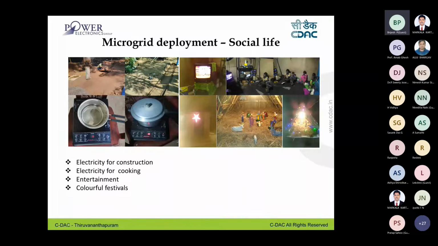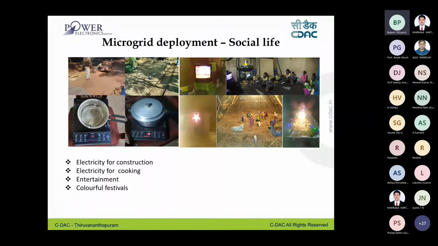Then after installation, some of the houses purchased televisions. Actually, they never thought of getting electricity in the near future. So they are so excited to have electricity, and their festivals have become more colorful.